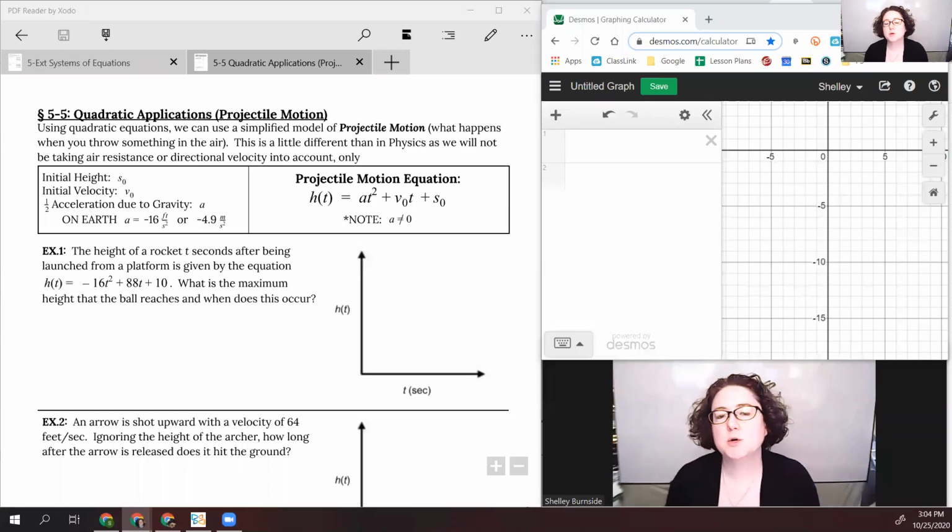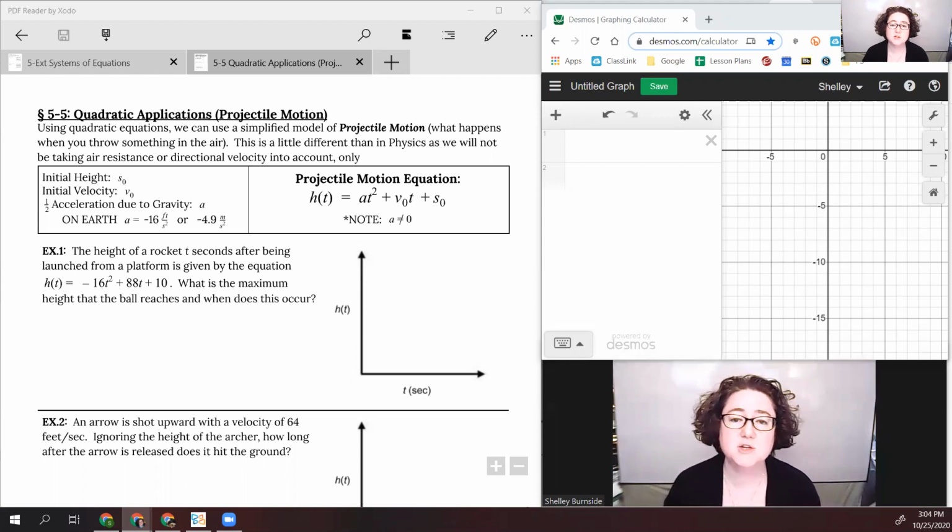In today's video, we're going to look at projectile motion, which can actually be modeled by our standard form quadratic equation. So if you look at our projectile motion equation, it looks very similar to our ax squared plus bx plus c. The only difference is our constants now stand for something very specific. Our initial height, so the starting height in whatever motion we're going to analyze, is substituted in for s sub